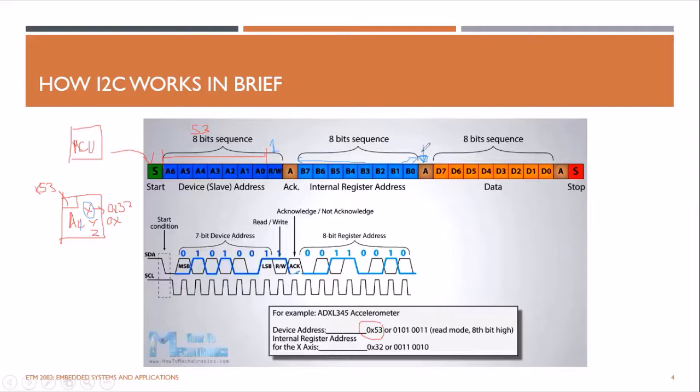So the slave understands that, okay, I have to prepare my X-axis reading. Then the slave will send whatever data is stored in this X register through the line back to the master. The master can acknowledge or not acknowledge, and if the master is happy, it can stop the